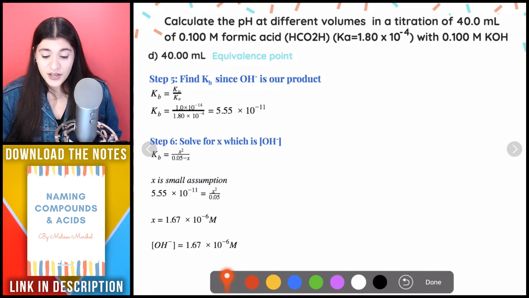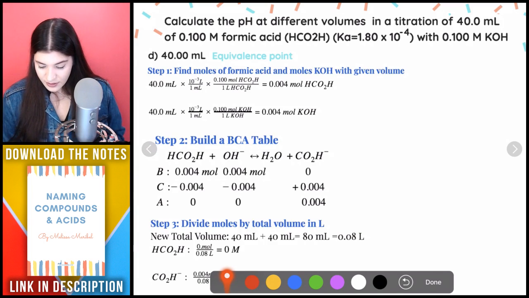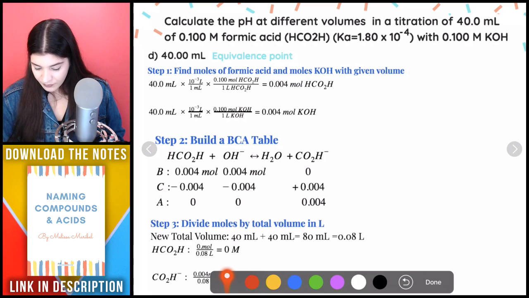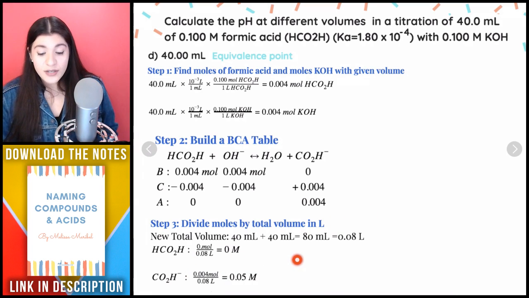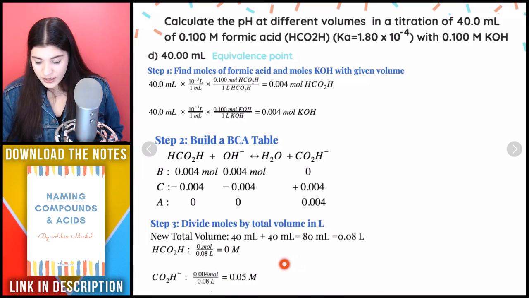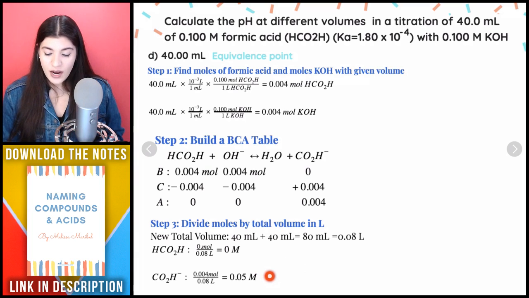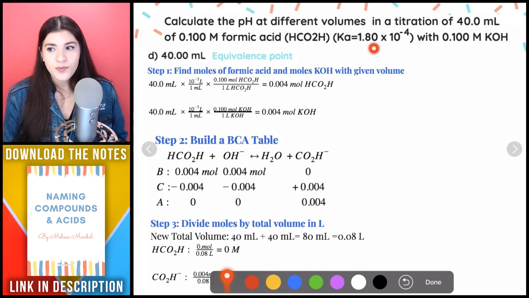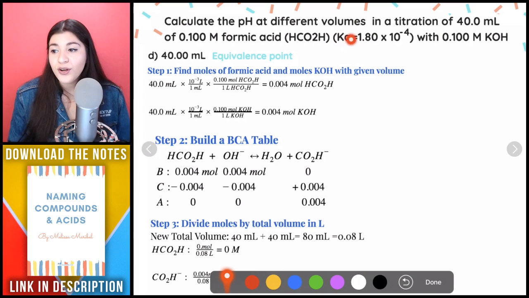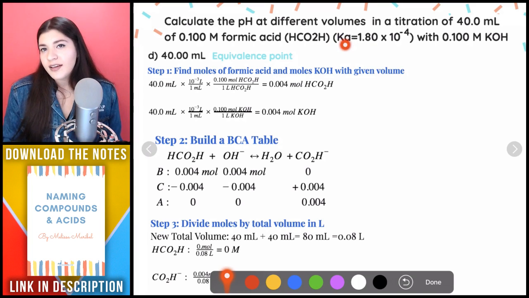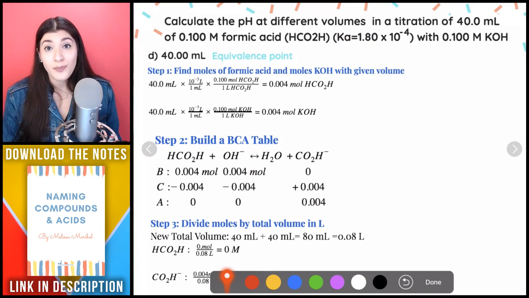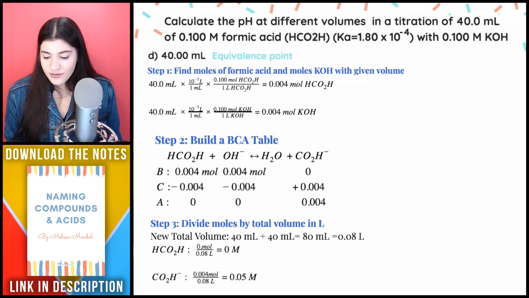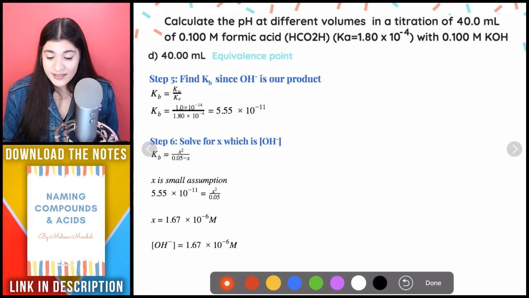And then what I'm going to do now is try to figure out the Kb. The reason why I'm doing this here, let's see if I can do that here. Come on. There we go. The reason why I'm figuring out our conjugate base concentration, actually why I need the Kb, is because this is our conjugate base. That means it's basic, right? A Ka refers to something being an acid. That's what that A is referring to. If it were a Kb, it's talking about the dissociation constant for a base. So that's why I need to figure out what my Kb is in this case.